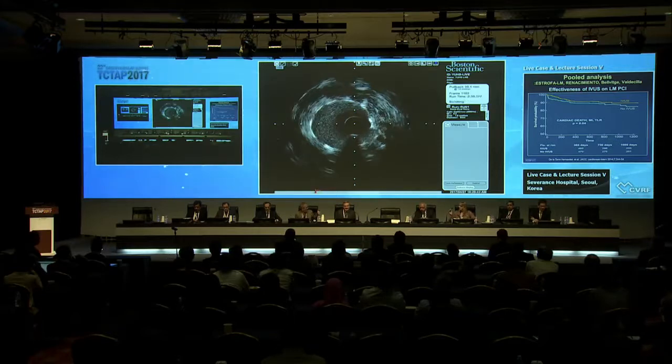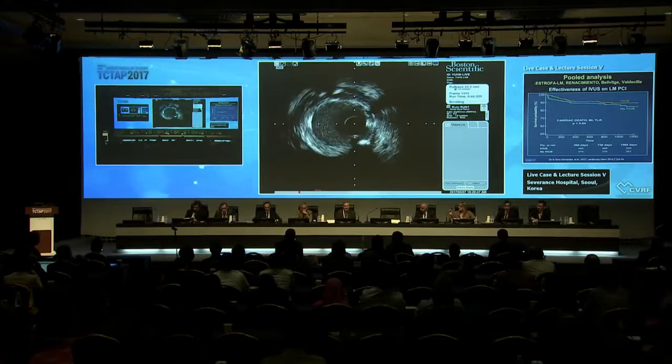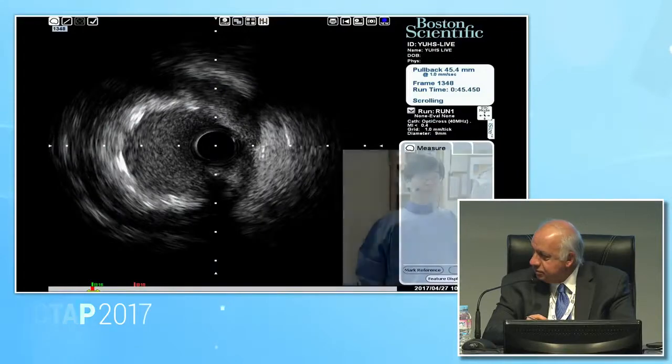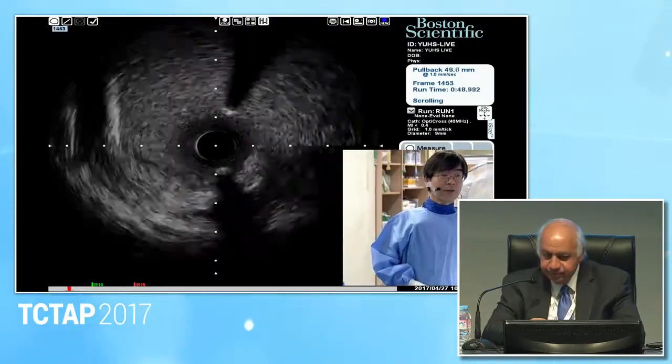I mean, with mild disease, is it wise to put another stent after putting a stent in the left main, or do you make it with IVUS from the beginning and take a long stent from the ostium to the LAD? What are the differences? Because overlapping stents in the left main is not good for the patients. What do you think? I think so.